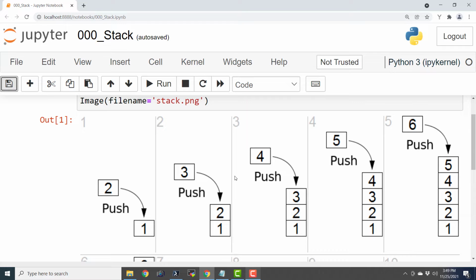Similarly, you can consider a stack of coins. You can always add a coin to the stack of coins from the top, or you can remove a coin from the top of the stack, but you definitely cannot access the bottom or any middle coin, because if you try to do that, it is going to make the stack collapse. The stack will collapse, correct? So this is how we can work with real life stacks.